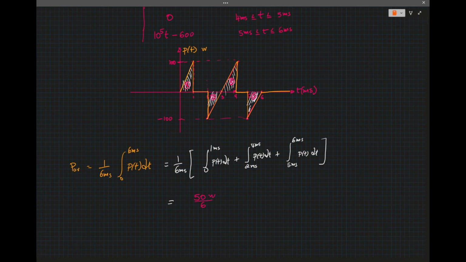Because the milliseconds cancel out, it's 1 millisecond divided by 6 milliseconds, so I have 50 divided by 6, plus